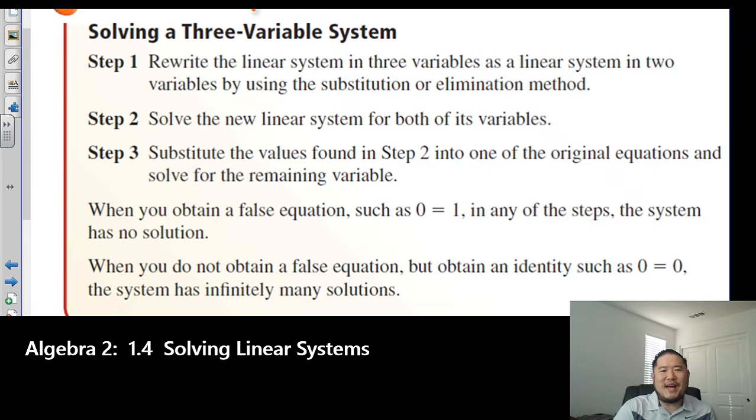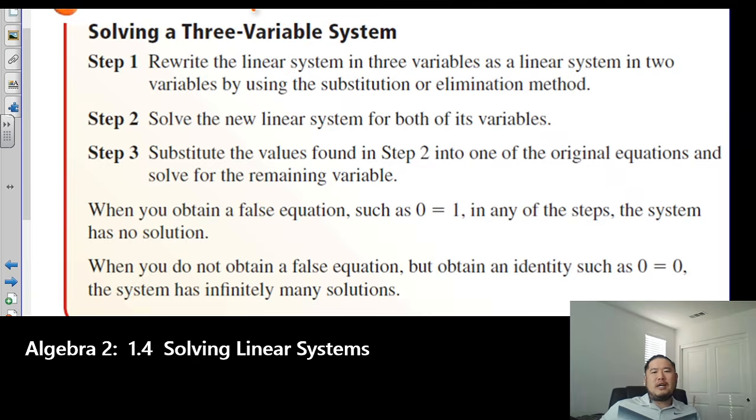Hello there. Let's go ahead and get started on section 1.4, which is solving linear systems. We're going to change things up a little bit because there's a lot of work that we're going to actually have to do to solve some of these problems, and there's just not enough space in the student journal. So if you're used to using the student journal in Kami, you probably want to get a new sheet of